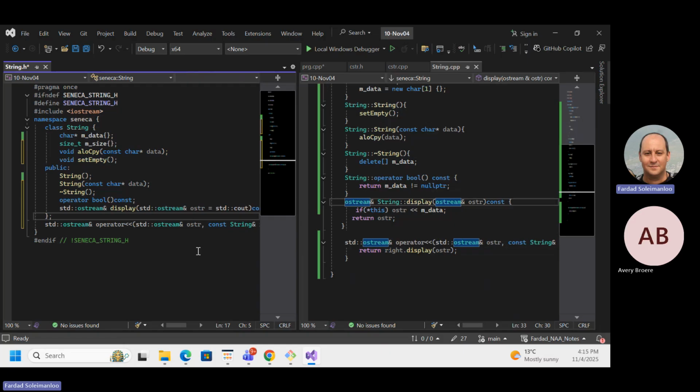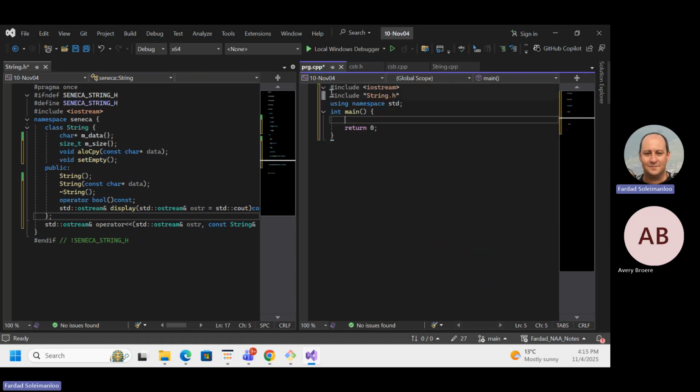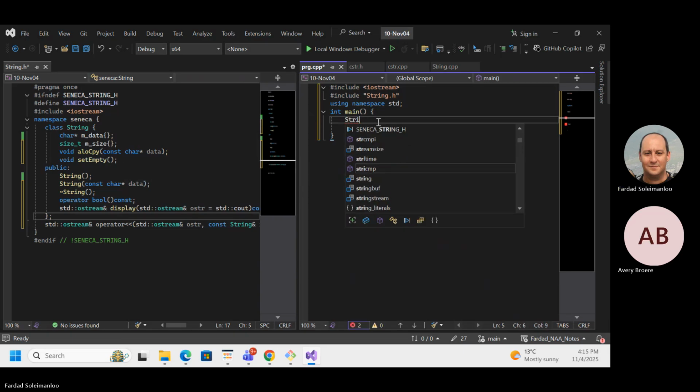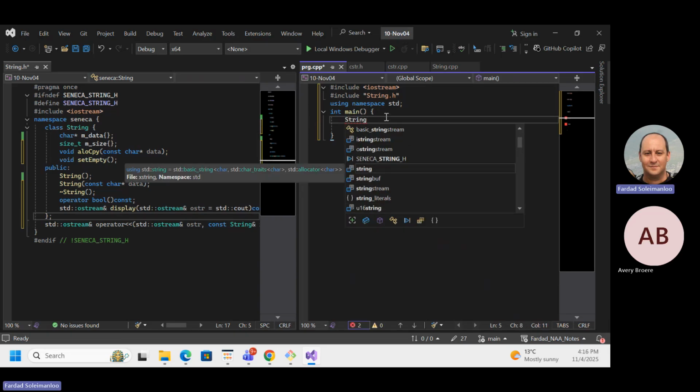But the last one is getting 2 arguments in the operator. Yeah, that one. So this is actually the left operand, and this is the right operand. I'm going to walk through. So in here, I'm going to say using namespace Seneca.